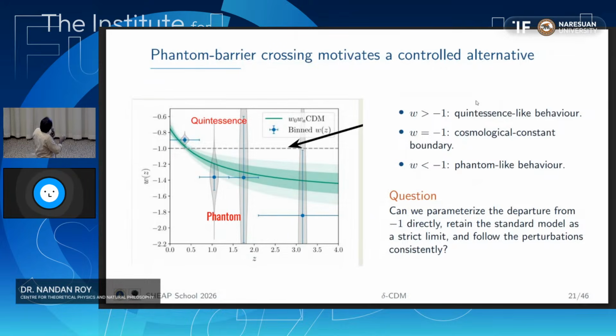This DESI data suggests a crossing and the current equation of state to be quintessence. But when we try to solve the Hubble tension, which means a high value of Hubble, it should be more than lambda CDM. Then your equation of state has to be in the phantom regime today. And we don't know how to solve these two together. They are like opposite demanding situations.